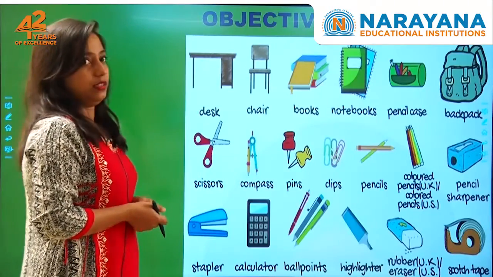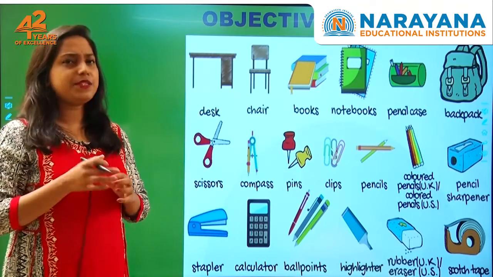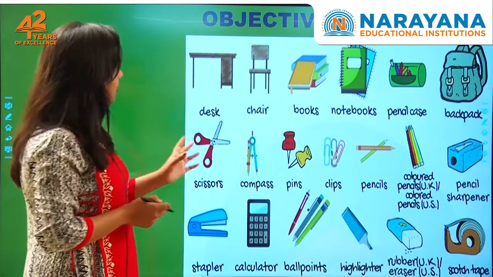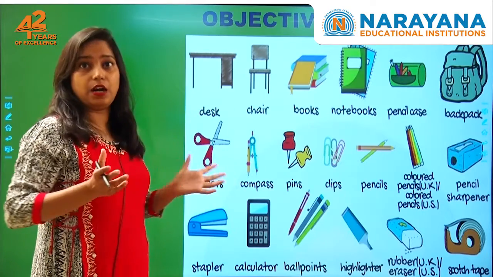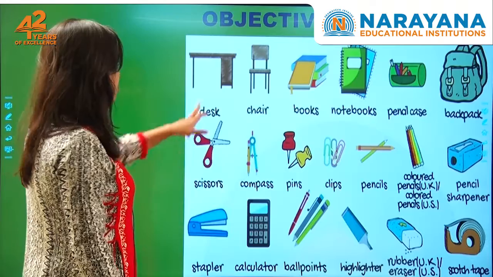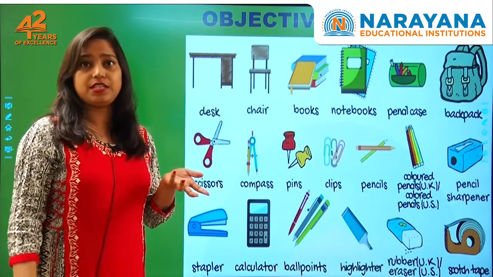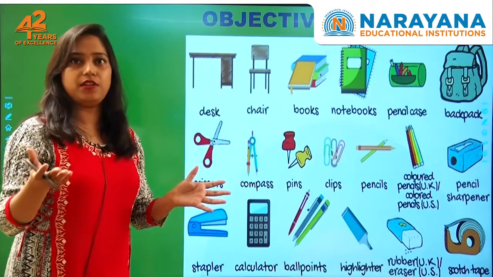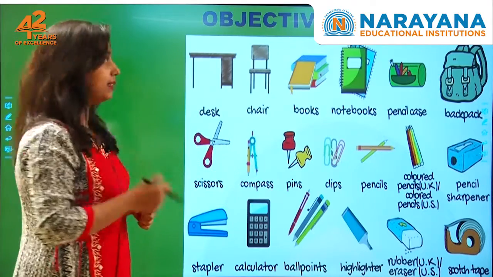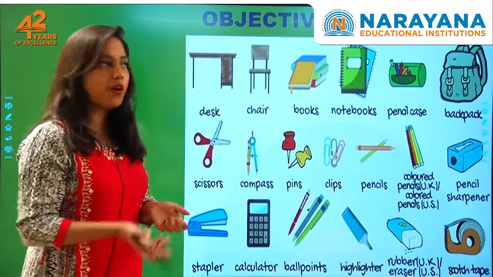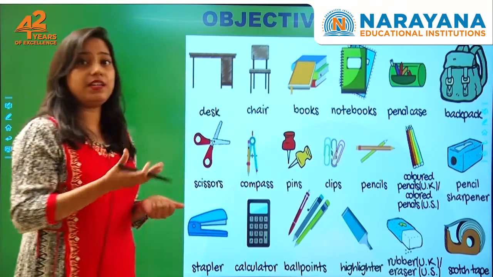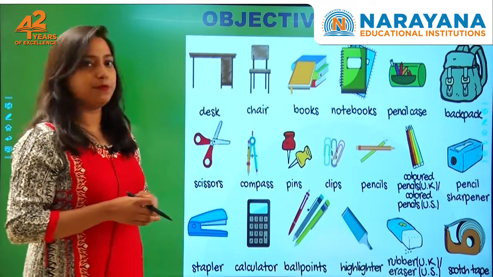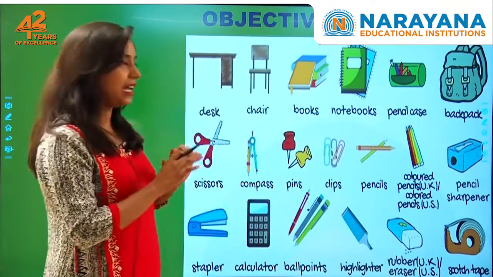Okay, now objects around us. Kids, because you are in class 6, you are very small and I think you are aware of everything here. So let's read all the things we generally find around us. What objects do we generally find around us? So this is a desk. These days you are taking online classes, so you must sit at the desk with the help of a chair and you keep your laptop or any gadgets and you take online classes. Here are books, obviously very important for kids, in fact for every person who is a student: this book, this notebook, this pencil case, backpack, everything is very important.